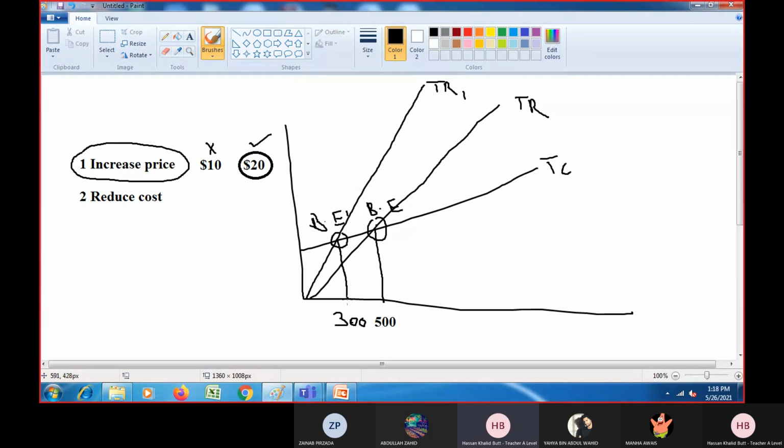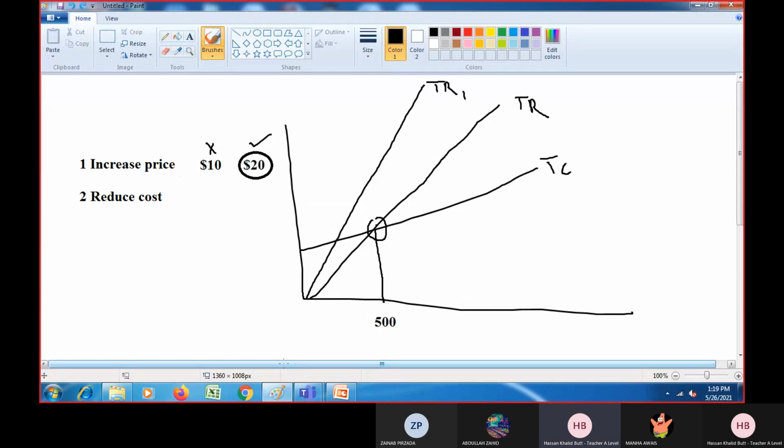Okay, so there are two things you need to remember. One, while taking a business decision, you can see the impact on break even level of output using the break even chart. And secondly, you can think of reducing your break even level as well. Like when you increase your price, by drawing a break even chart you can see how quickly or how early we can achieve the break even. So rather than achieving it at 500, you can achieve it at 300. Right? Similarly, let me remove this now, otherwise it will make a mess of it.